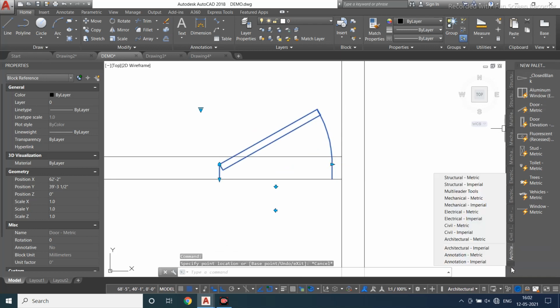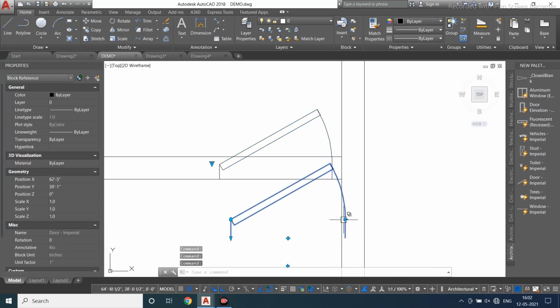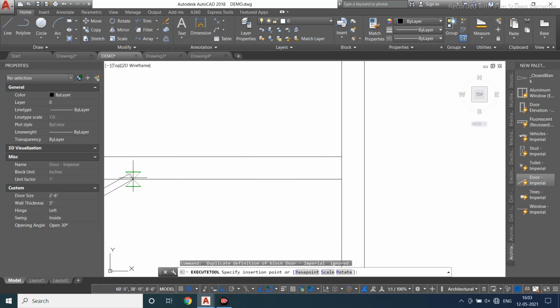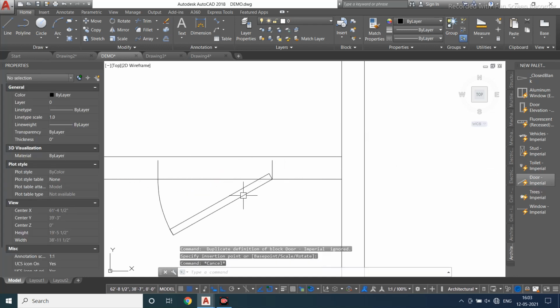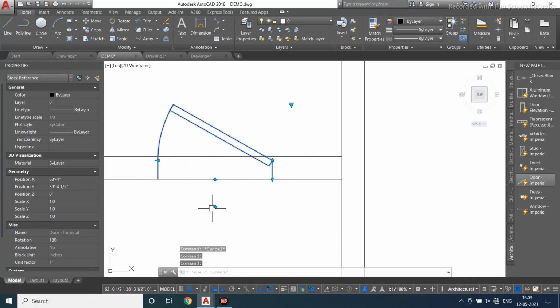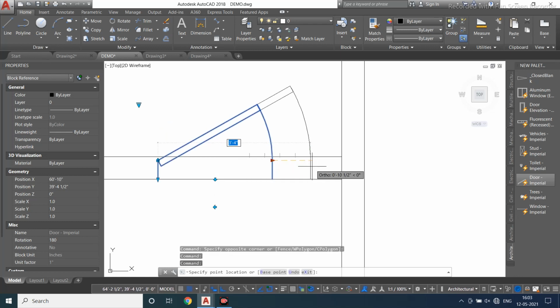So what I will be doing is, I'll select Architect Imperial, and in that again I will go with the door imperial. So when I select the door and check the measurement, it is giving exactly the right measurement. So I don't want a metric one, I'll be using an imperial one. Click, select and give it over here. These arrows are nothing but flip arrows. So select over here, I need a 3-feet door.